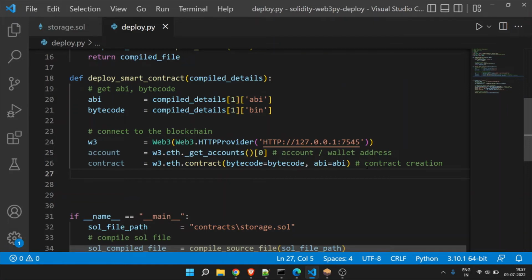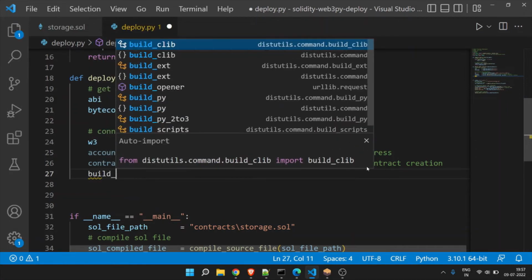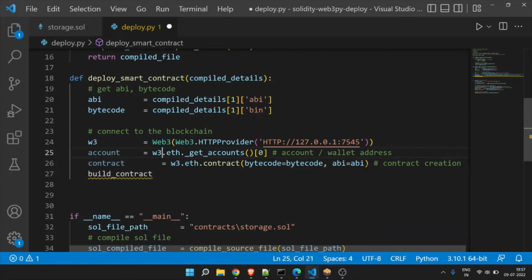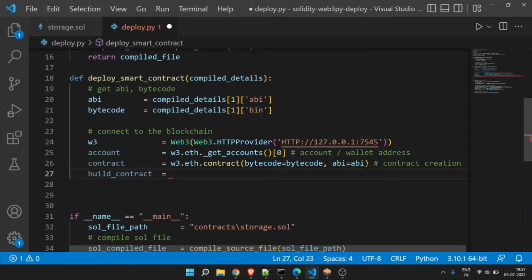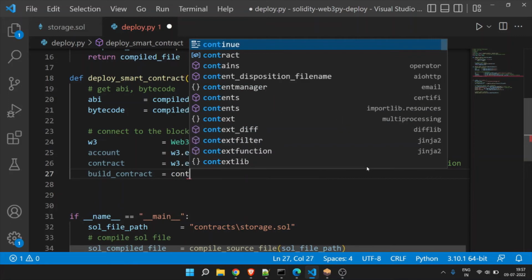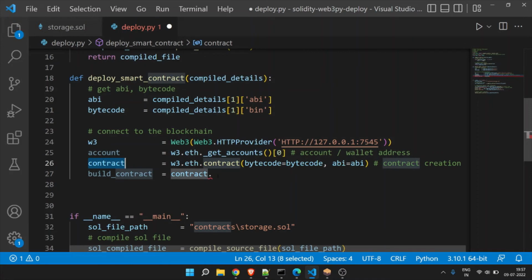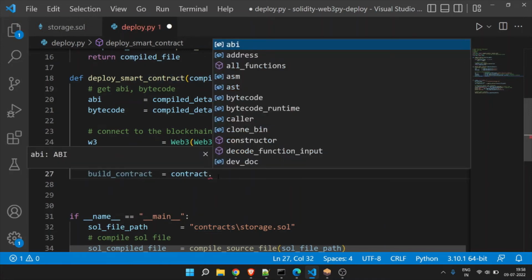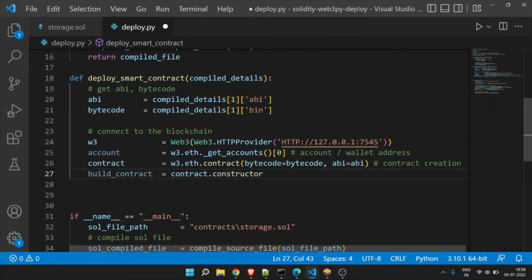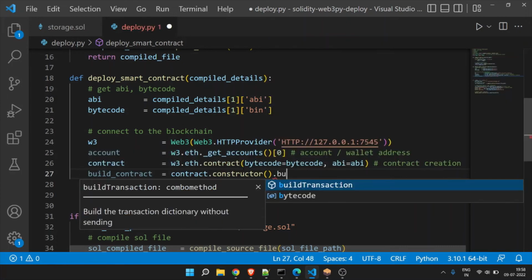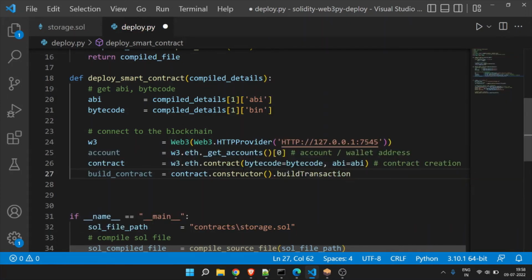So build contract equal to contract dot constructor. We need to call the constructor of the contract, and then build contract dot constructor, and then dot build transaction. So this will build our deployed transaction, and here we need to pass parameters as the from address,